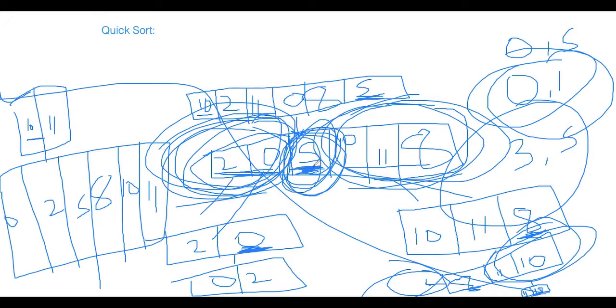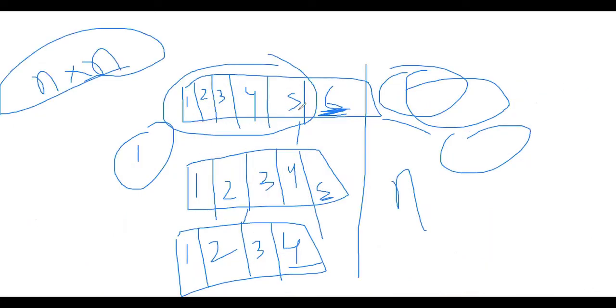If the pivot goes to a middle position, then we are actually doing a divide. But if it's not going in the middle, if it's going to the corner, then we are creating only one partition, not two. And if we create only one partition each time, we are sure to create n partitions at the end. And for a single partition, we are doing an O(n) operation. So the logic is the same, but the time is changing because of the number of partitions getting created in these two cases.